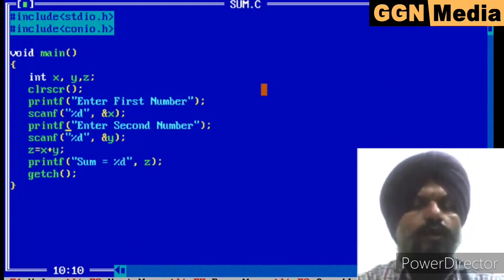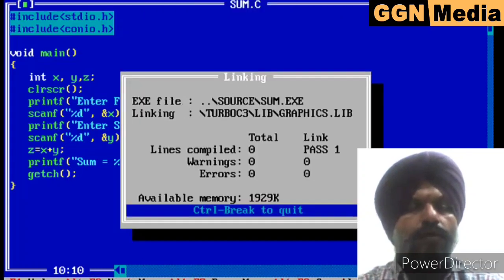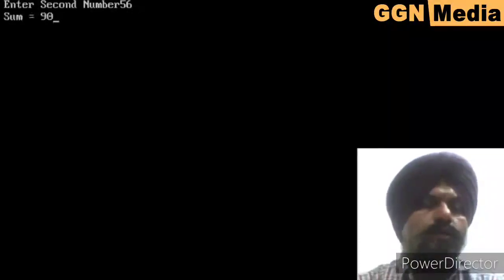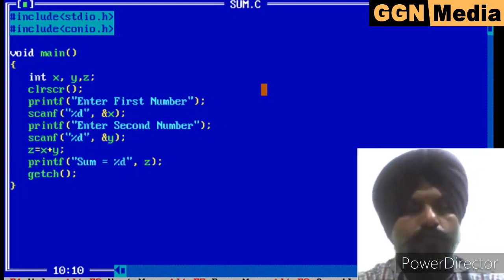To run the program, I will use Alt R and then R again. You will see that the program is running. It gets the input and shows the result, and that's all. So this is the working of text mode, along with the shortcut keys.